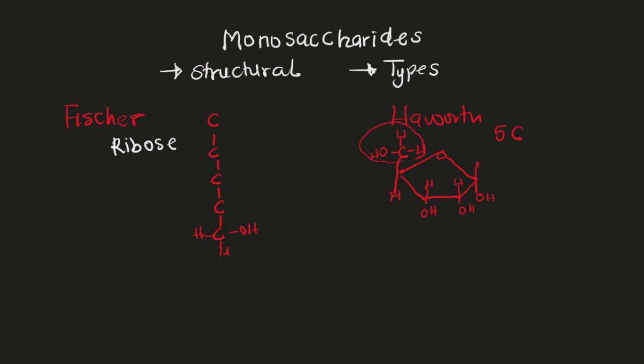Then carbon number 4, which is this, you're going to have OH here, and also H here, right? Then carbon number 3, you're going to have OH at this side and also H at this side. Then carbon number 2, you're going to have OH here and also H at this side. Then carbon number 1, you're going to have